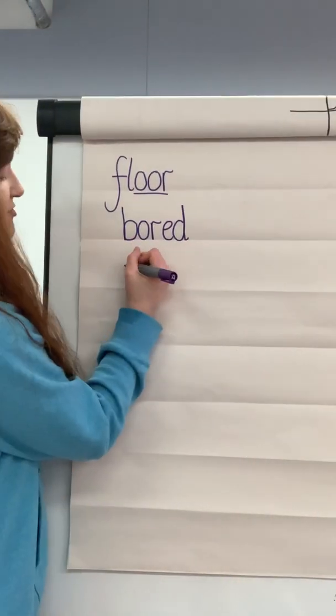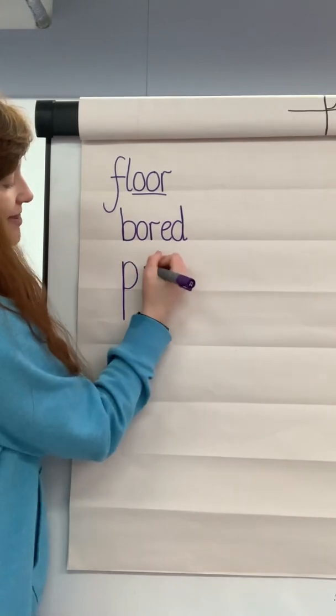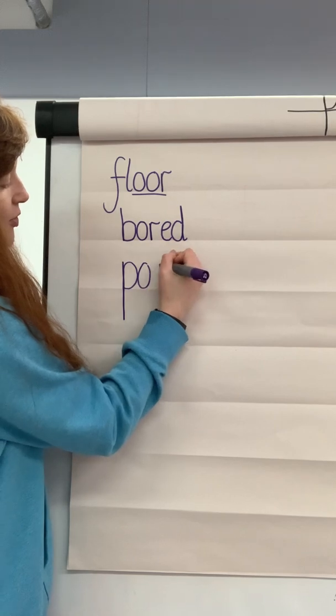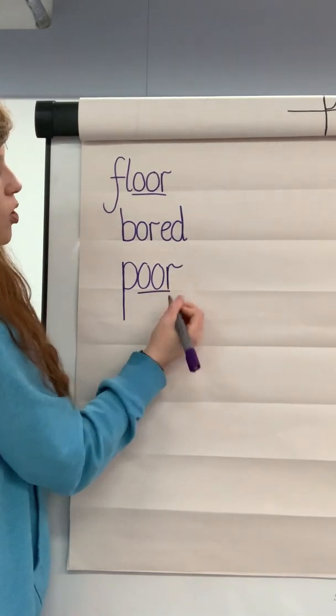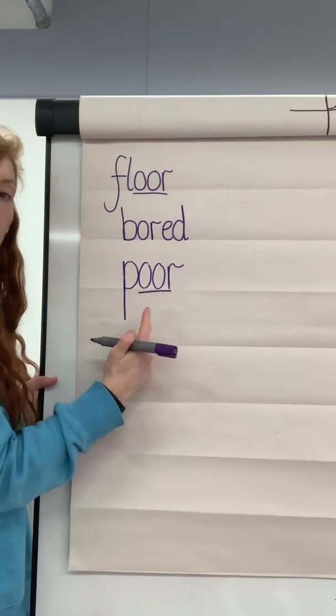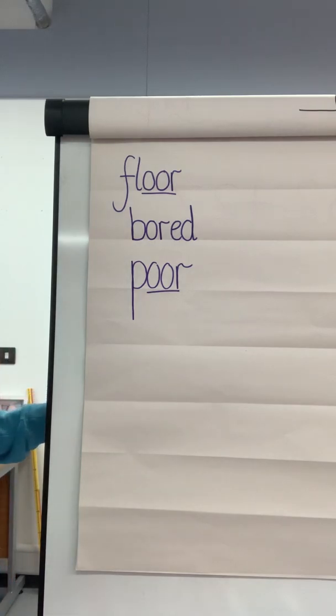Poor. So we've got that first sound, so we're going to do our P. And then our O spelling is O-O-R. Poor. Poor. Well done, superstars. Next one. Can you see whether you can spell the word